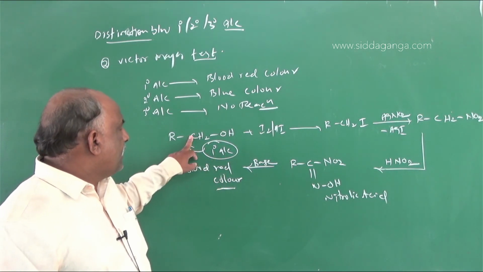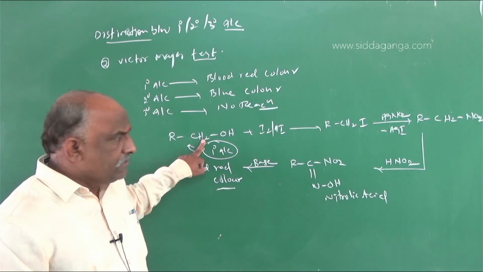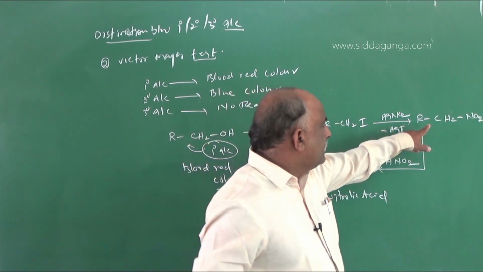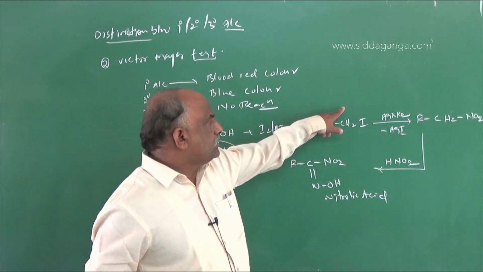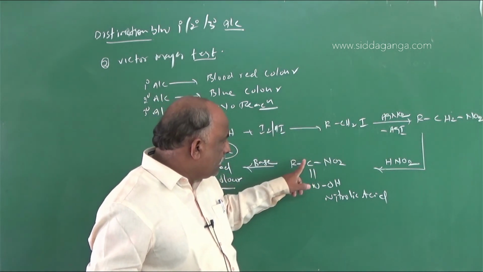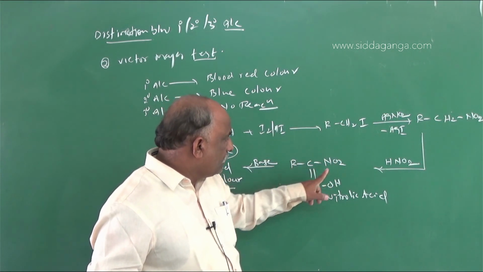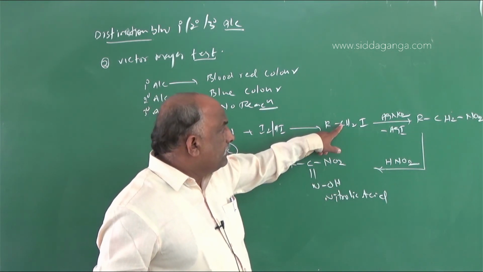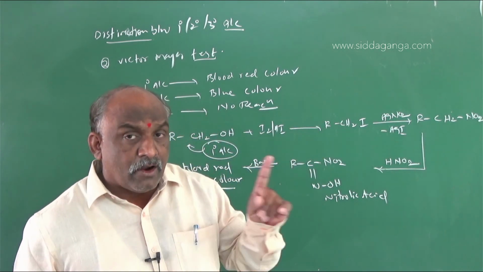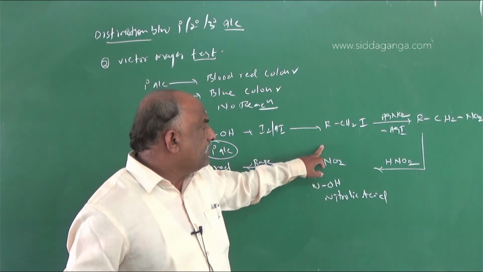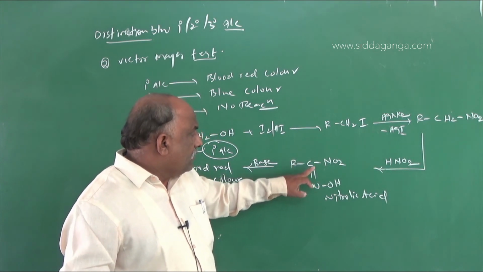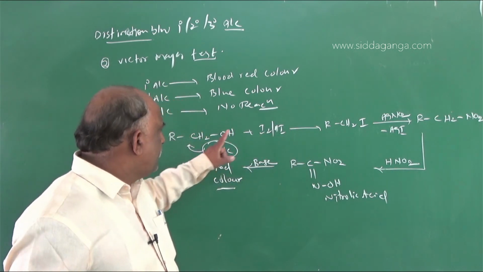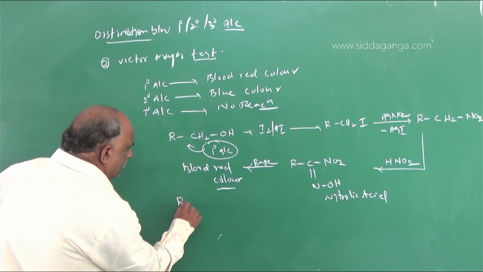So primary alcohols give blood red color due to the presence of two hydrogen atoms. Next, in secondary alcohol only one hydrogen atom will be there. Up to here it is the same, but here there is removal of one hydrogen, and you can substitute one alkyl group here. Then finally we get RC(NO2)=NO only, not NOH, because one H will not be there in secondary alcohol. That's why it is called pseudo nitrolic acid. Same as what I said here; instead, go with secondary alcohol.